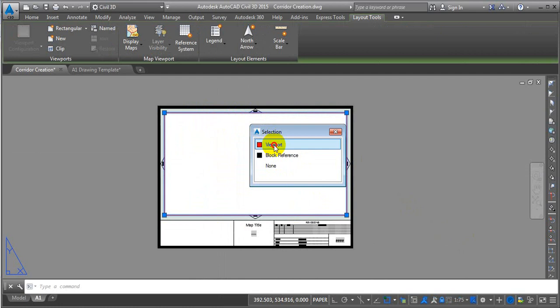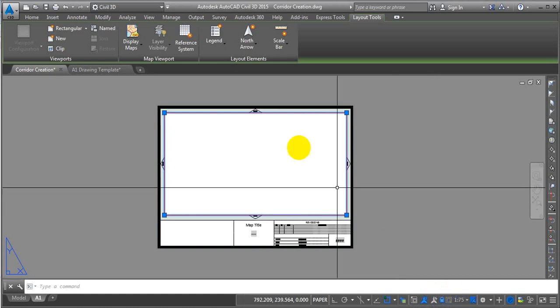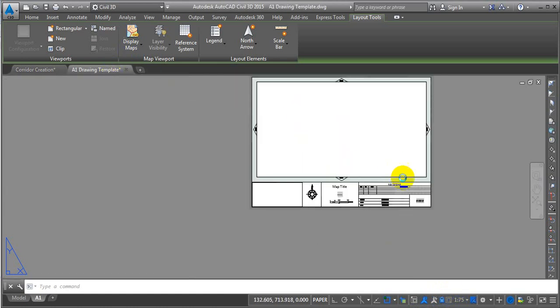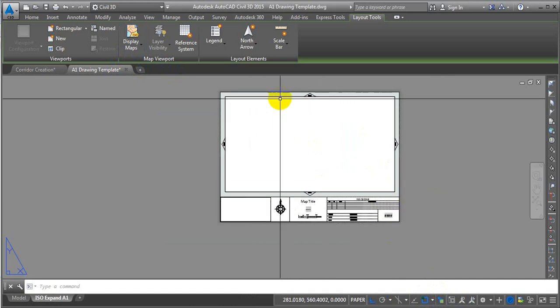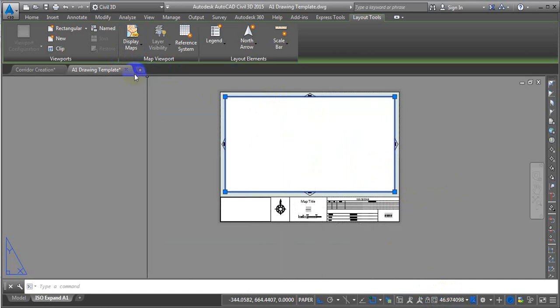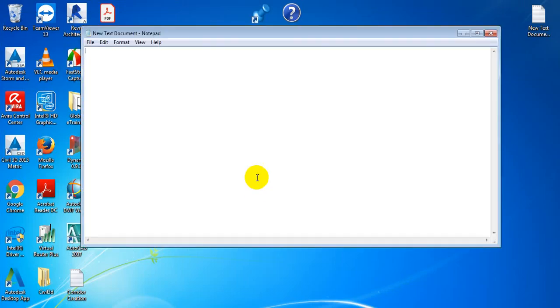If I select on it, I can see that this viewport is locked and its scale is 1:75. I need to have that same exact scale in my template file as well. So I need to create a standard scale for this viewport first. How do I do this? I will come to my